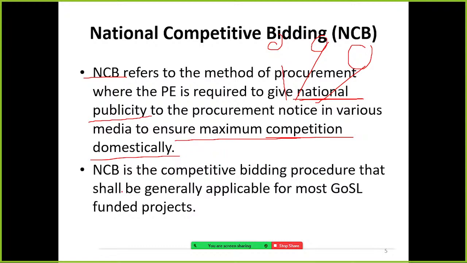So national competitive bidding is the competitive bidding procedure that shall be generally applicable for most government of Sri Lanka funded projects. Government funded projects normally prefer national competitive bidding, but international competitive bidding is normally preferred for foreign funded projects, since the funders require it.